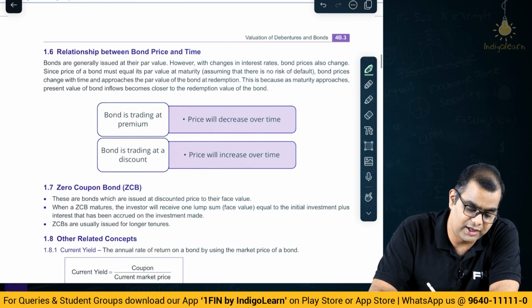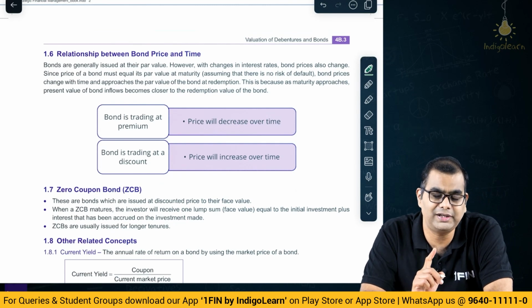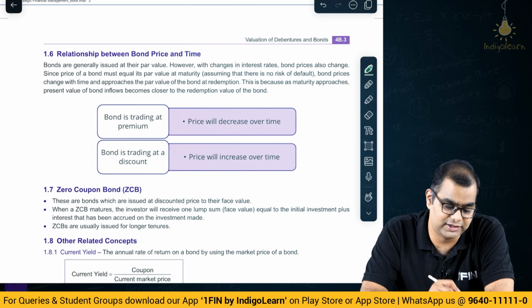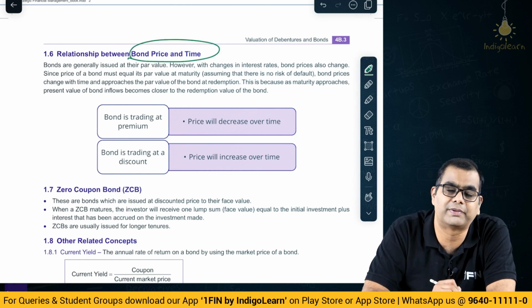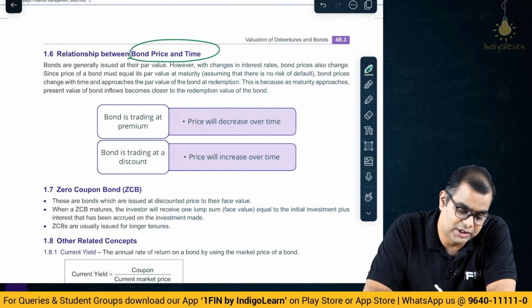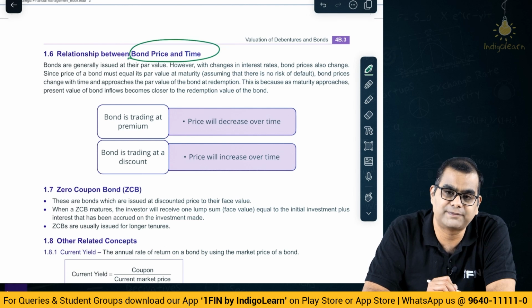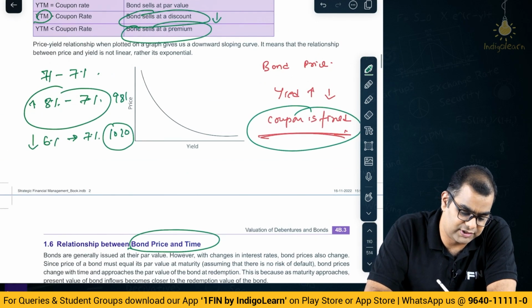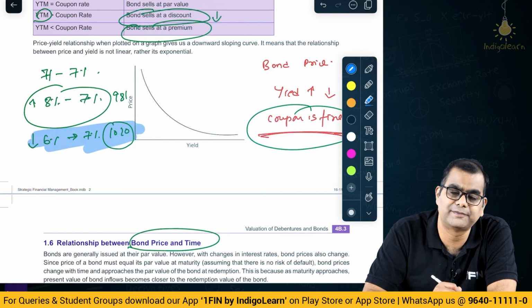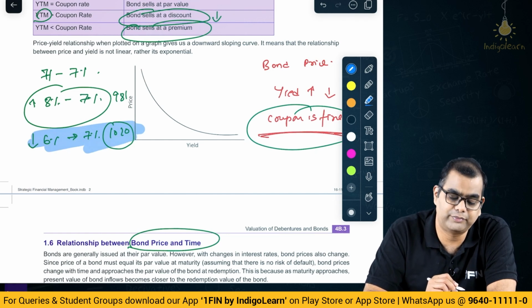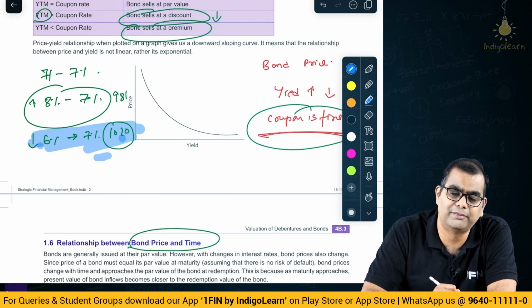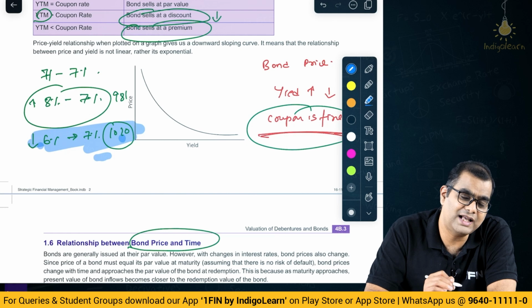This is the logic. Now, we have discussed the relationship between yield and bond price. However, there are certain other things also, relationship between time and bond price. What is this time and bond price? See, what happens is, if the bond is trading at a premium, that is, let us say in this particular case, we have said that because there is 2 years of maturity, because yield has come down, bond price is going up. But on the last day,